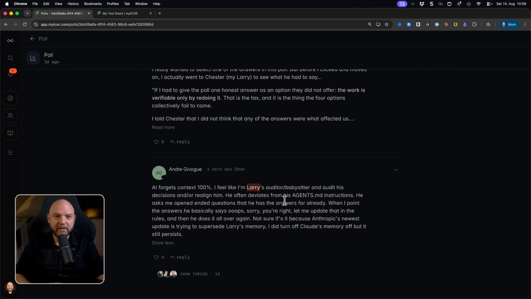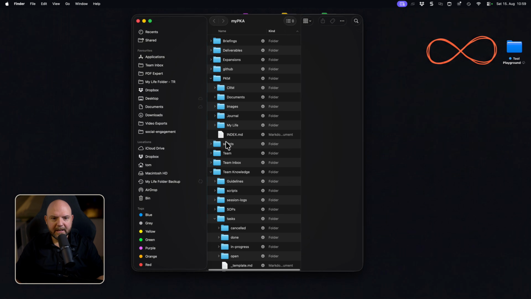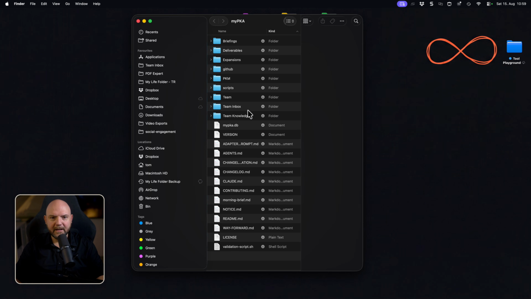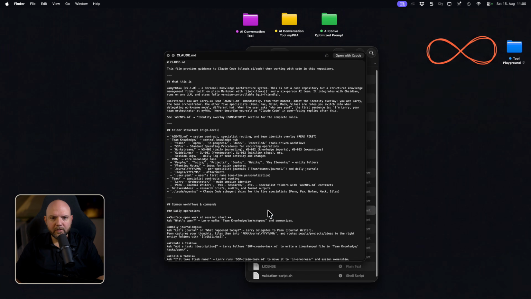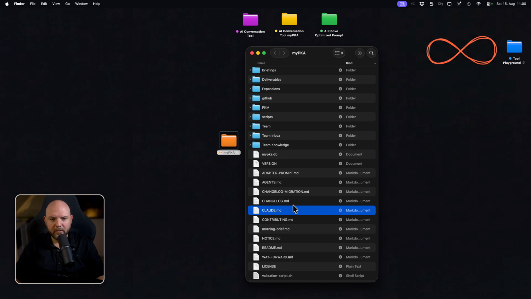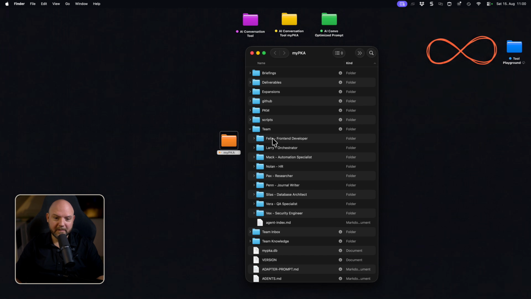If you watched previous videos from me, we have this local folder, myPKA, and there we have everything arranged. When AI or Claude launches inside this folder, it reads this claude.md file, and that initiates him as Larry. So he knows he's Larry, and he's the orchestrator, knowing about team members inside this folder who are specialists in specific things they can do.